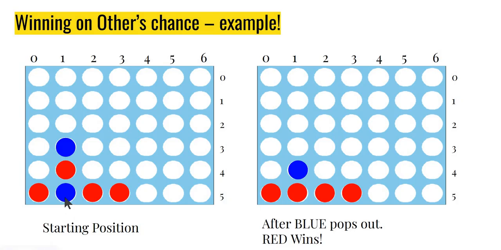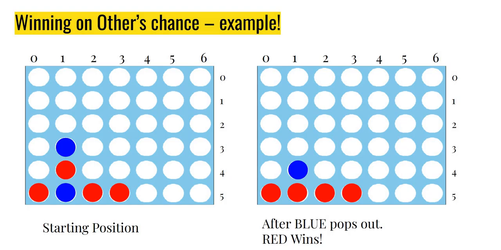Blue goes and decides to pop out. Now, the moment blue pops out, notice this was blue's chance, and in fact, red has won. Which means that even though I'm playing for the computer, I must check for the player winning also. And likewise, when I'm playing for the player, I must check for the computer winning also. Unlike earlier, where you win only on